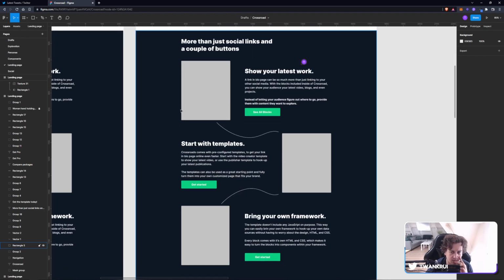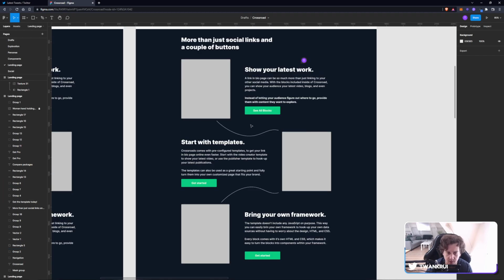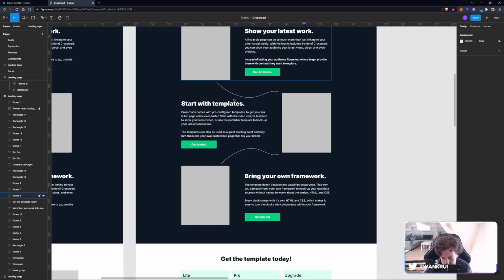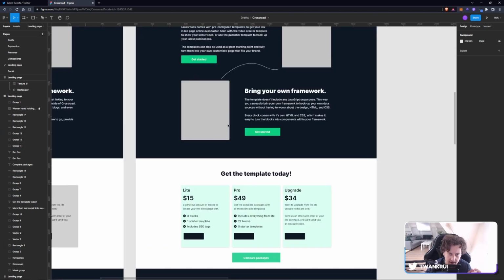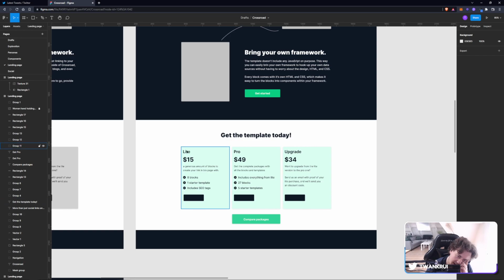So if you go to the USP, I wanted to change this around just a bit. It doesn't make sense to have a title here when the title can be here. Start with templates. This is all going to remain the same. And then we have the blocks. And what I want to do here is add a trial option, which might sound a little bit odd, but